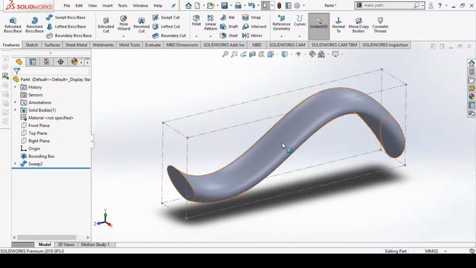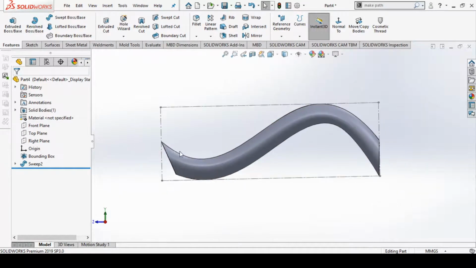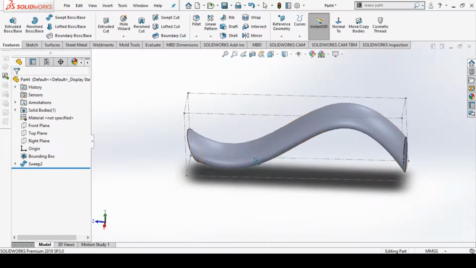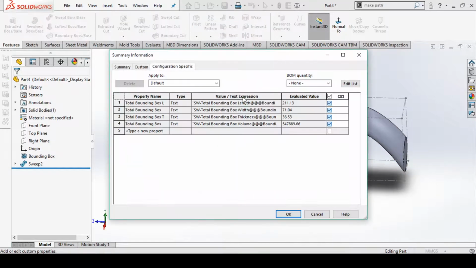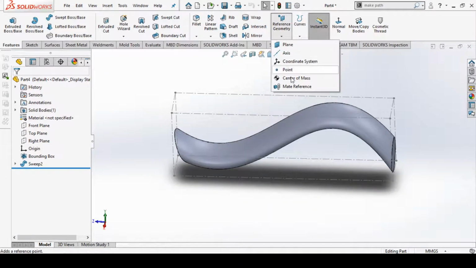we have obtained the bounding box. Now the bounding box provides a boundary to the geometry that we have created, and you can see that this is our right hand boundary, this is our top boundary, this is your bottom boundary, and this is your left hand boundary. Your model actually fits inside this boundary, and you can obtain the file properties, that is the length, width and the height and the volume of this boundary. So in this way we can work with the bounding box as well as coordinate system in SolidWorks 2020.